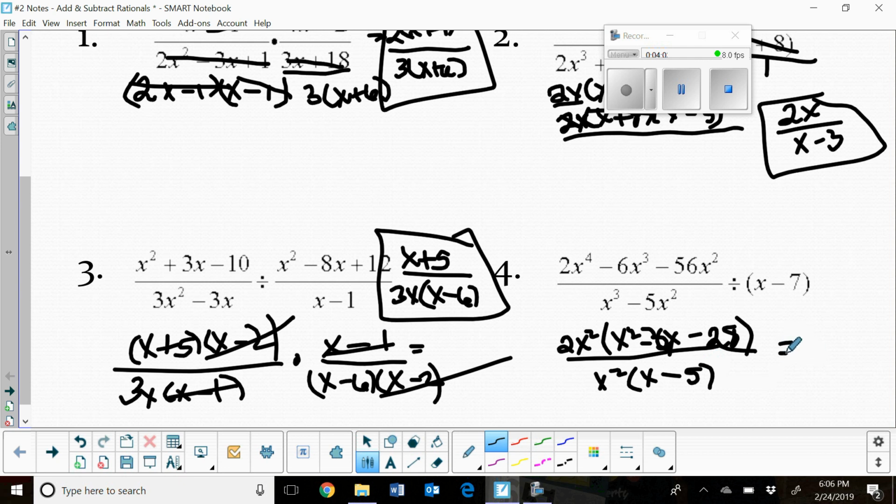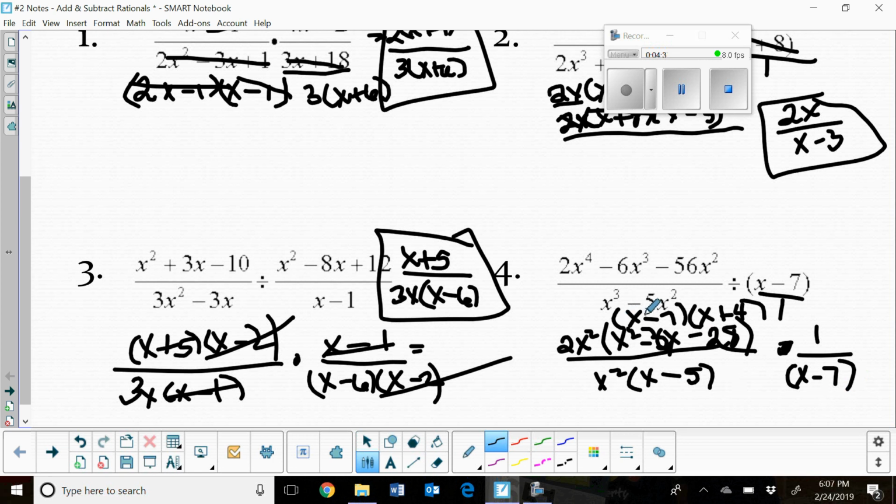Okay, and then this is going to factor into what multiplies to 28 that has a difference of 3. And that would be, let's see, 28 is 7 and 4, so x minus 7, x plus 4, and then times, and this was x minus 7 over 1, so it's 1 over x minus 7,